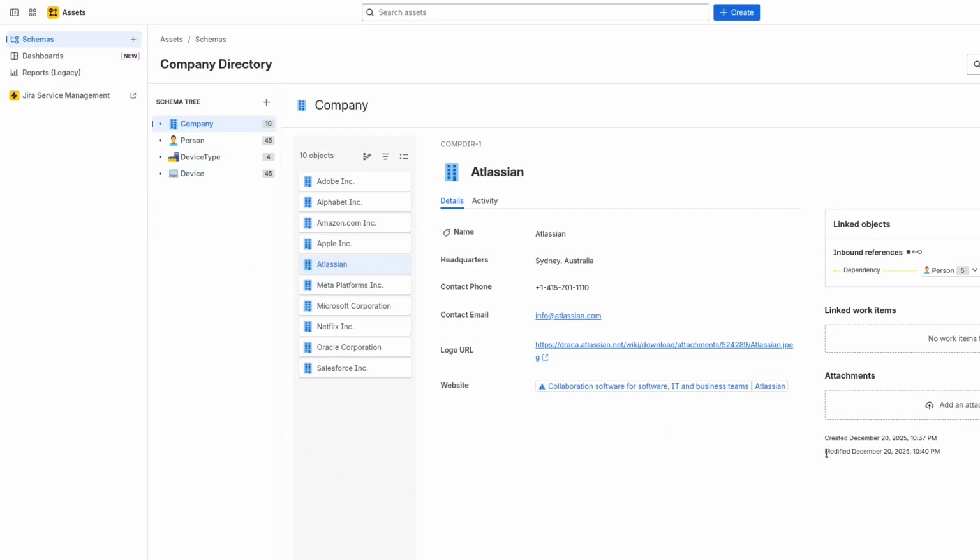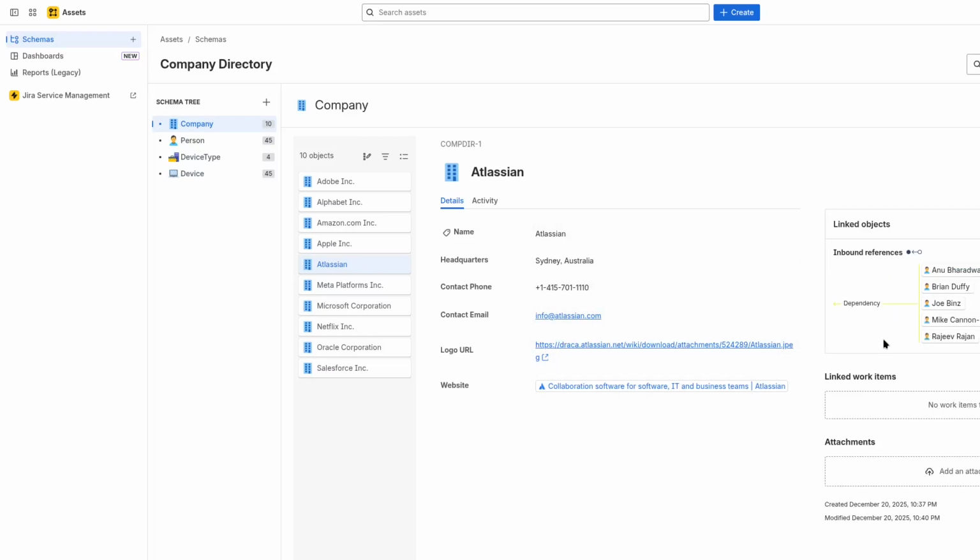of this demonstration. We have in the schema tree a company, a person, a device type, and a device, and we have some objects that are attached to it. For example, if you look at the companies, we have here Atlassian. We have some contact information related to the company, and here you might see some familiar names linked to this